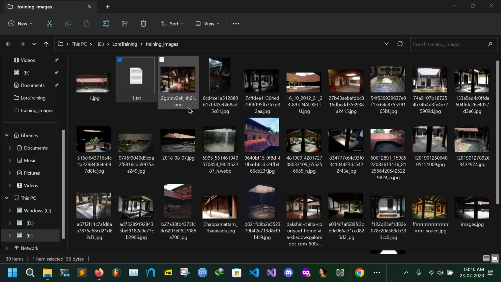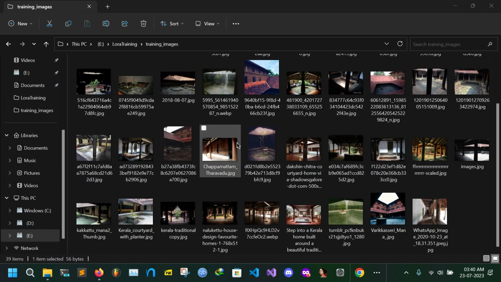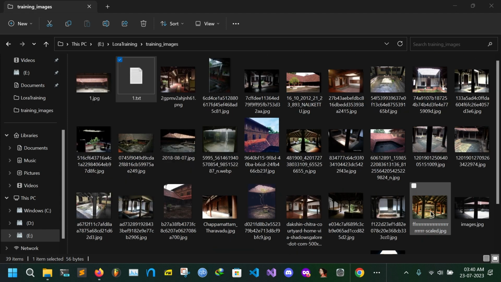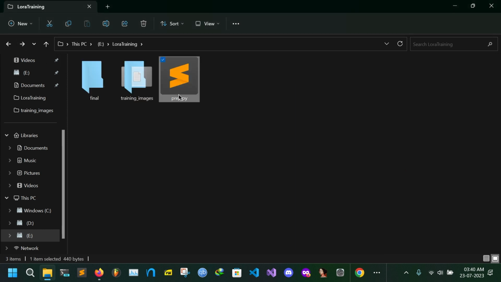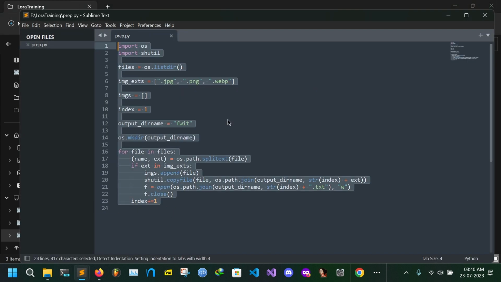Now, it's very easy to do that manually if your data set is just a couple of images. But if you have a large number of images, it will take quite a lot of time to manually rename your files as 1, 2, 3, and so on. Also to create these text files. So in order to help you a bit, I have created this Python file,